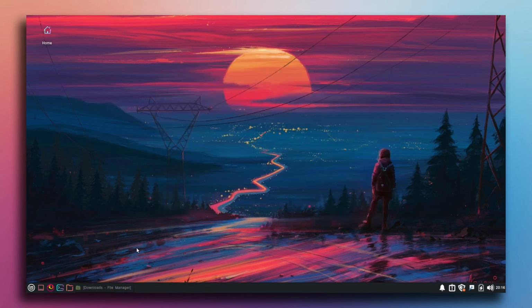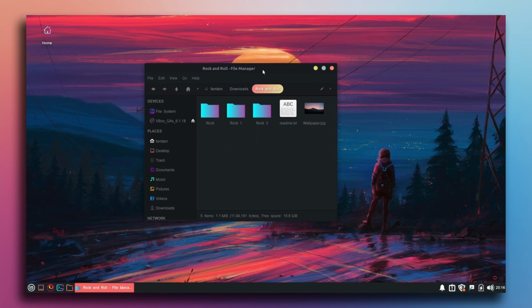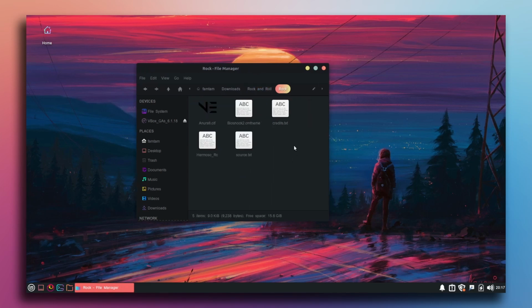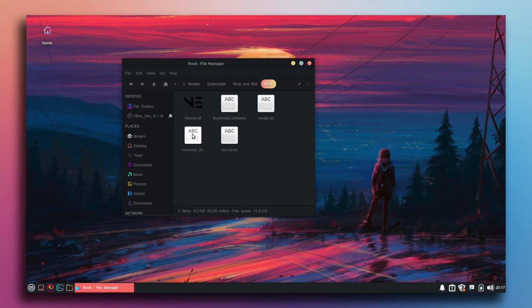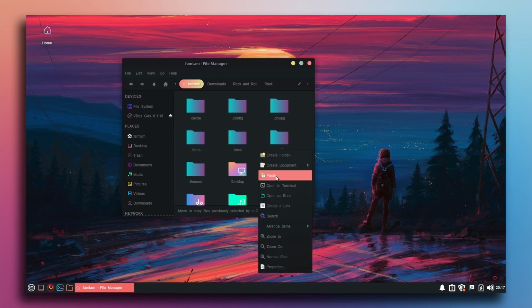Now let's go to the downloads directory, and here go to this conky theme folder, and inside here let's go to this folder called rock. So inside that folder I will right click on this Hermoso RC file and just rename it to .conky.rc. Click rename, and that is it. So I'm gonna copy this one, then go back and then go to home directory, and then here paste it,